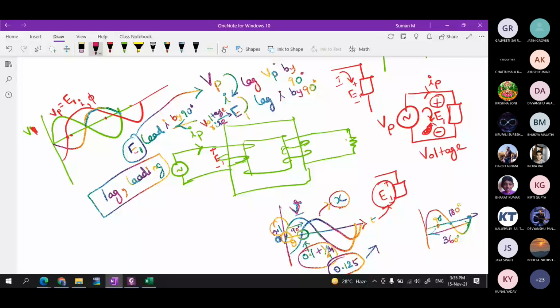So this is the source voltage. Then for a purely inductive circuit, the current will be lagging the voltage by 90 degrees. That's why I have drawn it like this. So the current is lagging by 90 degrees. Then the voltage that is induced here, that is E1, when you consider it as a source, will further lag this current. The EMF E1, when it is considered as a voltage rise, will lag your current by a further angle. So since it is a purely inductive circuit, it will be further delayed by 90 degrees with respect to the current.